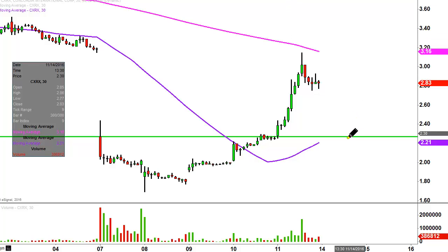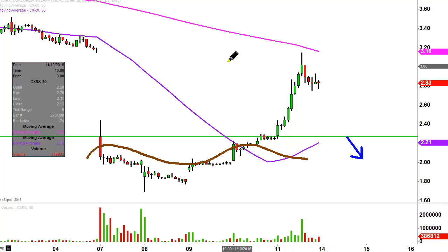So with that in mind, think about $2.25. Any sort of closes below it, or worse yet, if the price separates to the downside, what is that doing to the price? That's putting the price right back to within this range where it already was. Again, going back, not a sign of true strength. Whereas if the price pulls back,